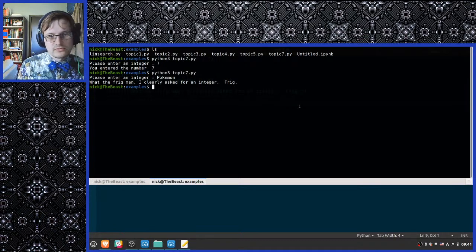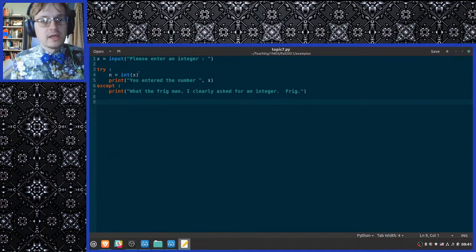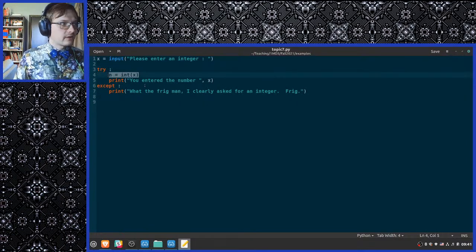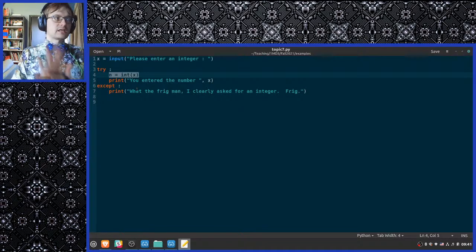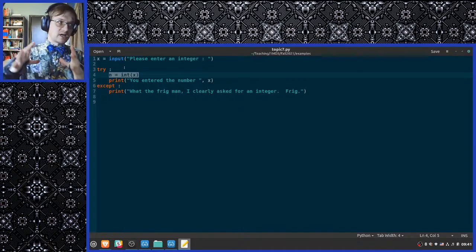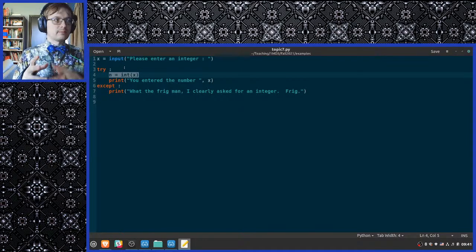Frig. So the point of this demonstration, as we've just shown, is that this would fail with an exception if I entered a non-integer value and then tried to integer convert it. It's not that the exception isn't happening. It is happening, it's just getting caught because it's been sandboxed by the try block.